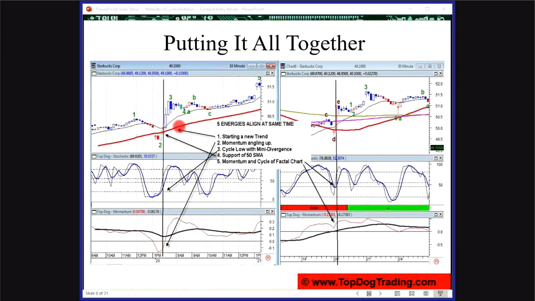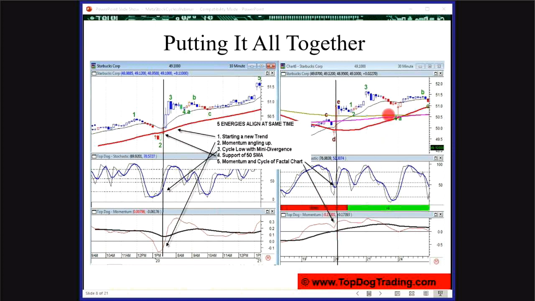All right, so don't think of it as an exact line. That will not serve you well. Don't try to look for, well, the line's at this pixel on my screen, so that's support. No, this is in that area. All right, so then we look to the next higher time frame, and we have momentum going up.